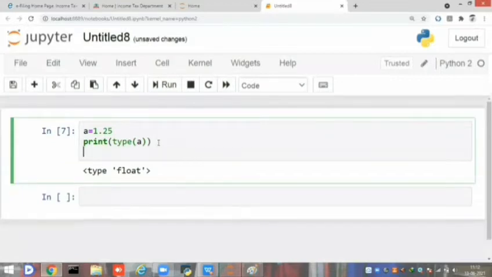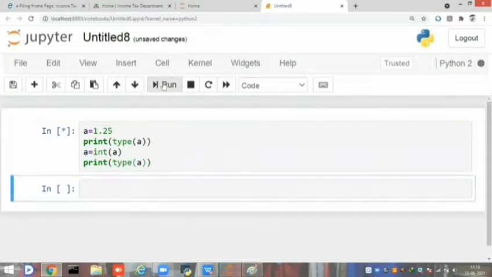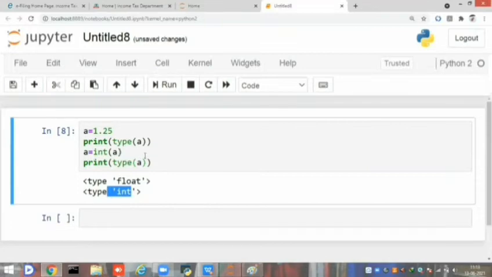And I want this a to be integer. So I will make that a to integer, and once I print the type of that a, we will get the value as integer. In this way we can change one type to another with user involvement. Here we are dynamically changing it from one type to another.